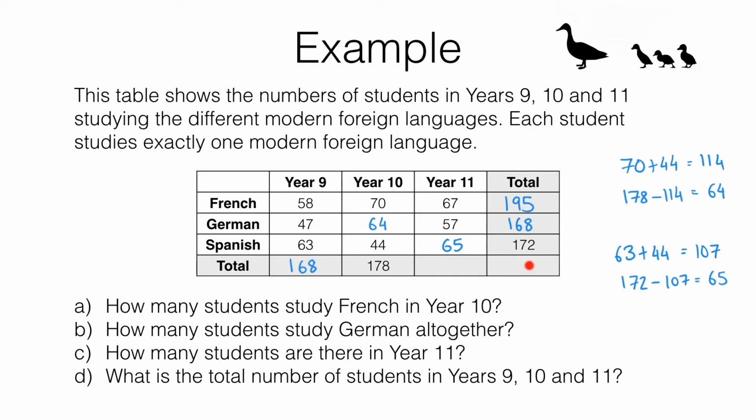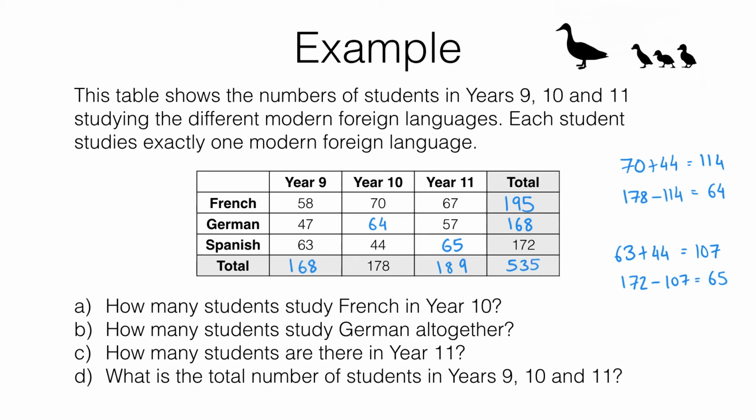Finally, we've got just these two left to go. We can find the total number of Year 11 students by adding the Year 11 French, German and Spanish students together. 67 plus 57 plus 65 equals 189, and we can work out the total number of students by adding the total number studying French, the total number studying German, and the total number studying Spanish. And if we add 195, 168, and 172, we get